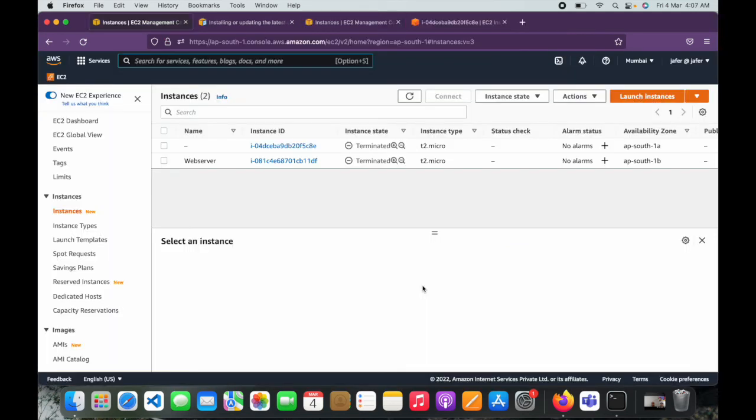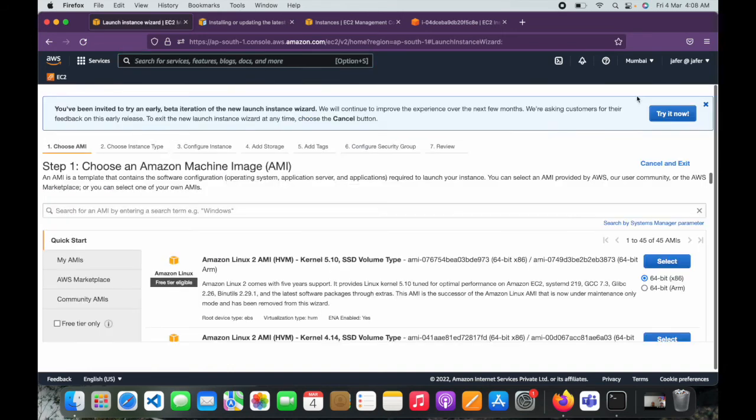What we did, we tried to run a server and then deploy our HTTP service. We installed Apache, we installed everything and then set it up. Now what we are going to do is we are going to use a user script and then automatically deploy all the software we need during the startup itself. So let me go ahead and click launch instances,